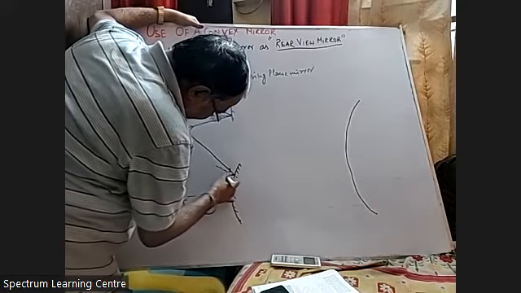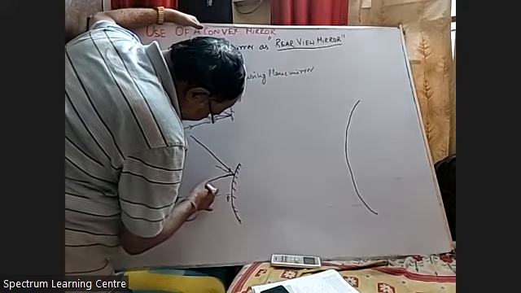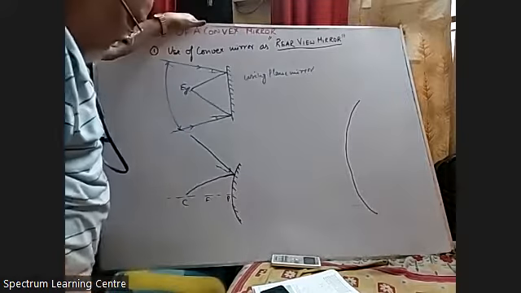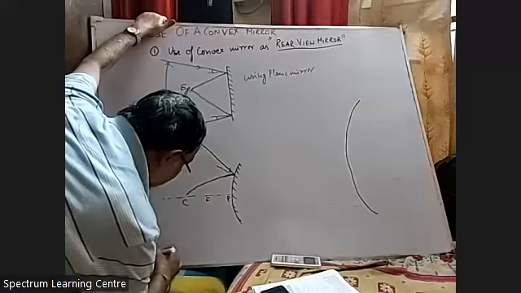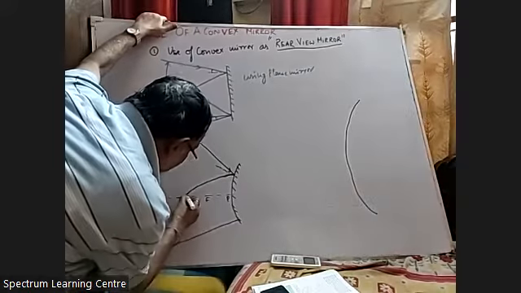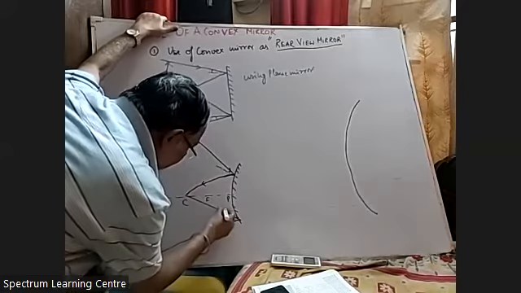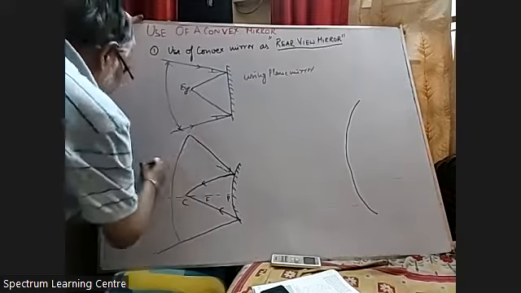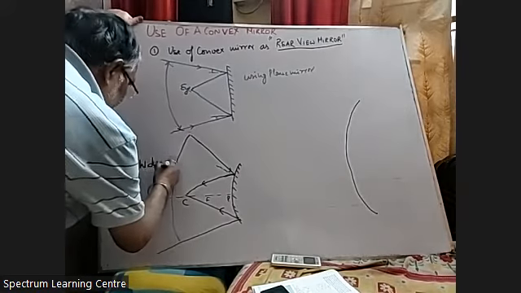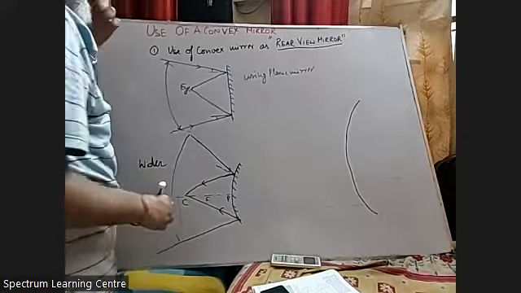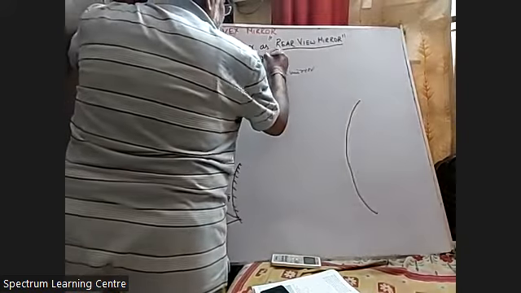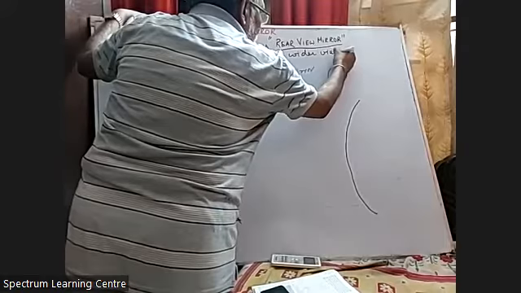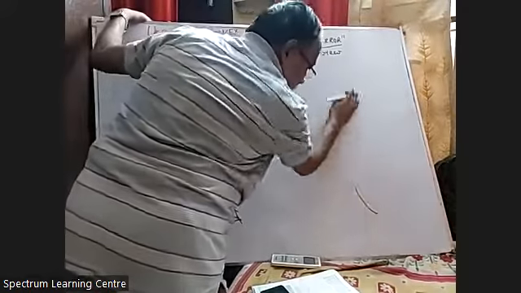And after reflection, similarly, if a light ray is coming from here, after reflection it will go like this. Now, can you see this view is wider? So to get a wider view,